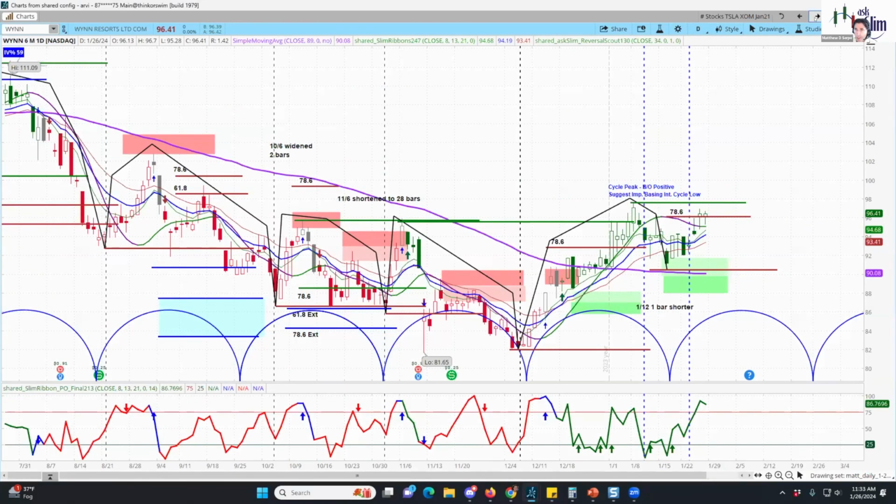Now I'm going to go over to the daily chart, and that's important to look at because we also have positive momentum here. The slim ribbon shifted positive here. It was about 1220 or so, 1218, 1219, and has held that positive overall momentum since. We put a recent cycle low, a bottom in place here in about mid-January, and now are in a new rising phase on the daily cycle as well. So we have rising phases, so we have some alignments going on between the two time frames, which is always important as you're looking at things.